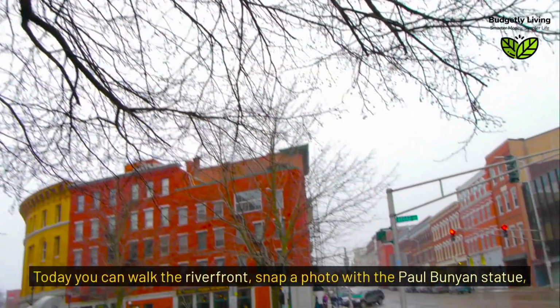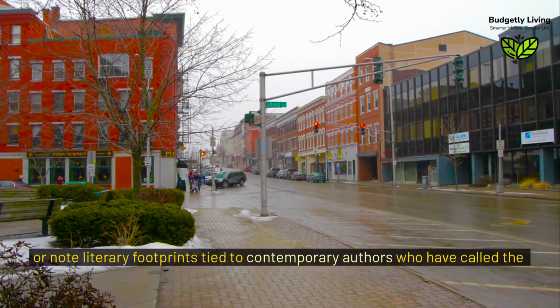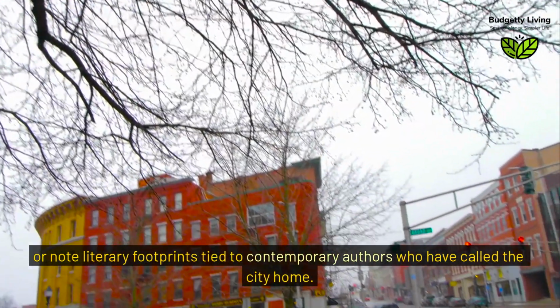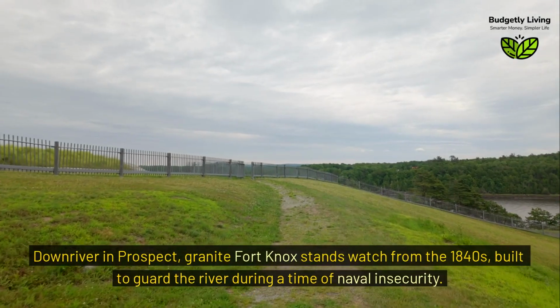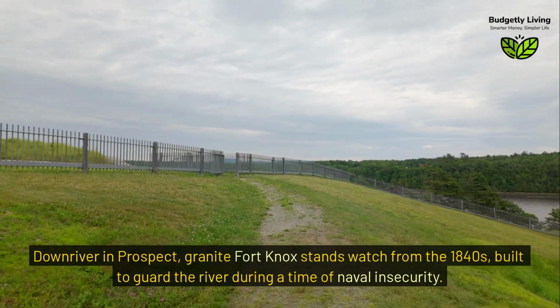Today you can walk the riverfront, snap a photo with the Paul Bunyan statue, or note literary footprints tied to contemporary authors who have called the city home. Downriver in Prospect, granite Fort Knox stands watch from the 1840s, built to guard the river during a time of